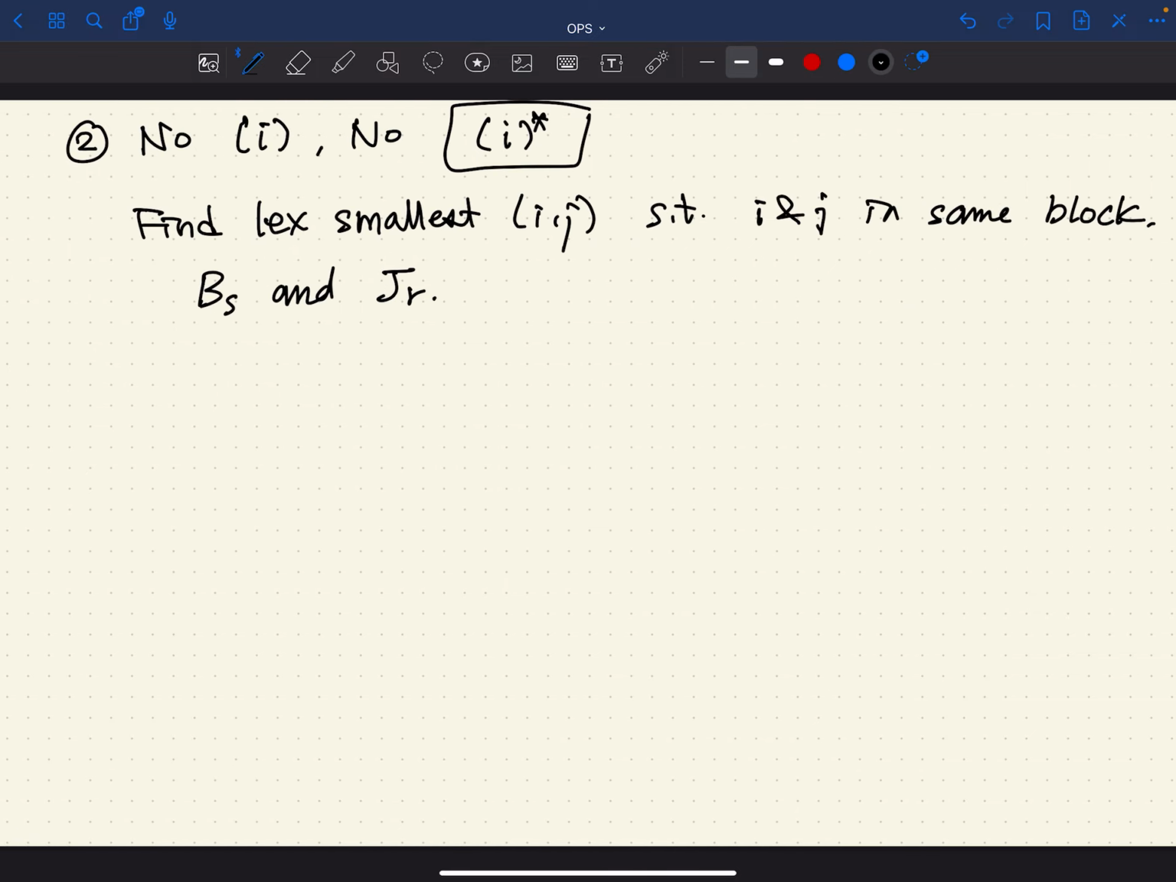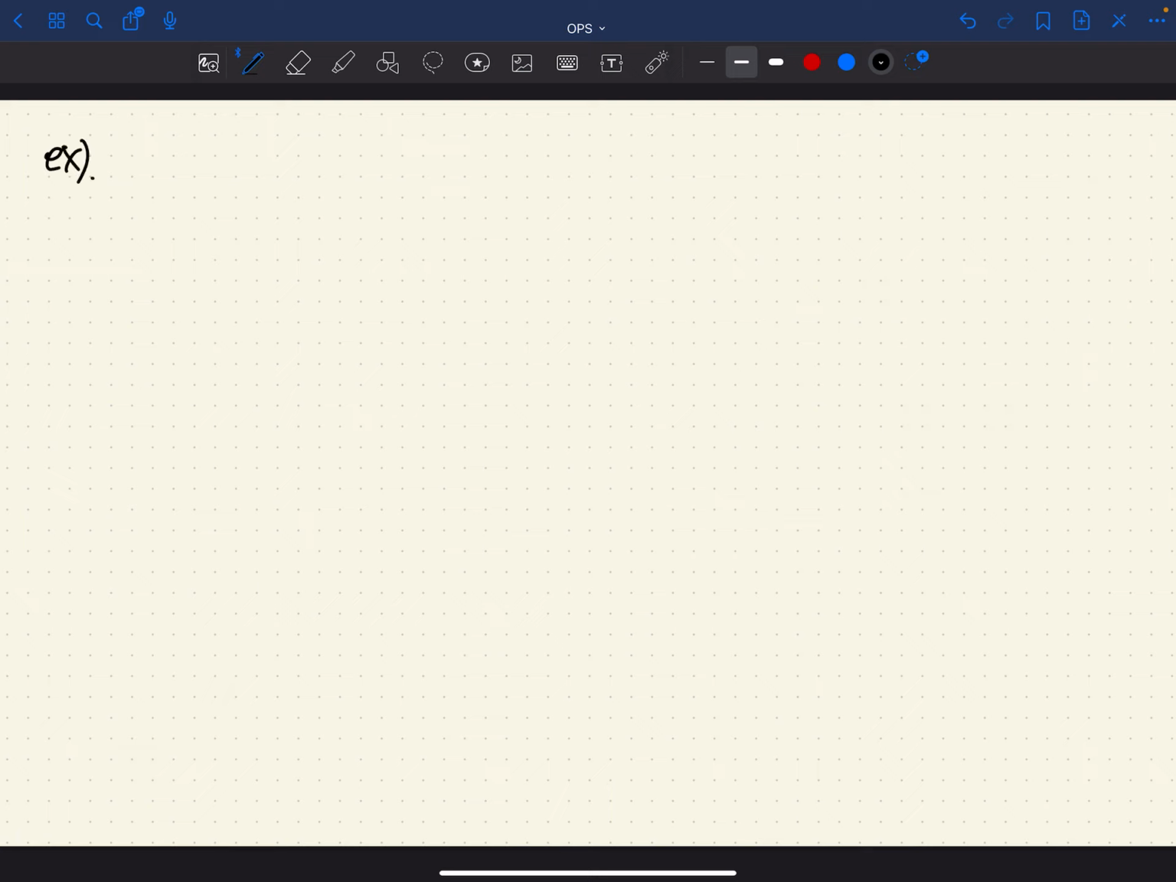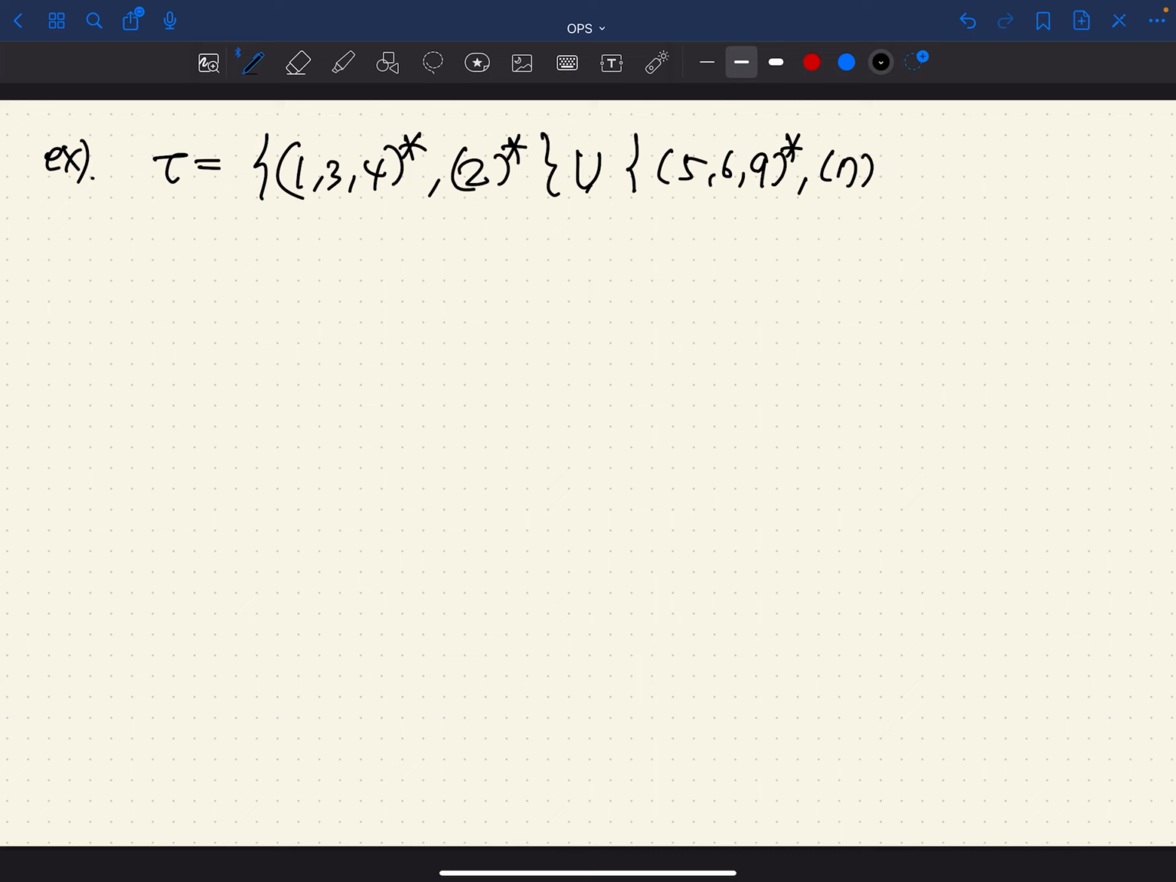I think it's easier, I can just give you an example. Pi tau equals 1, 3, 4, 2, union 5, 6, 9, 7, 8, union 10, 11, 12 star. And tau pi is like,